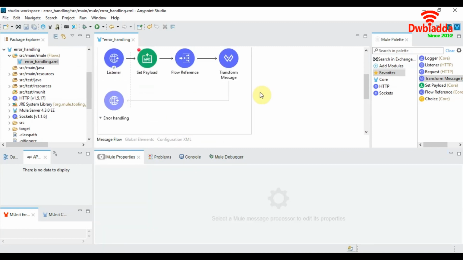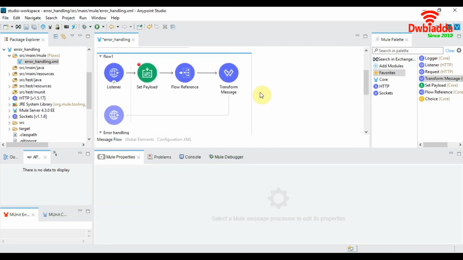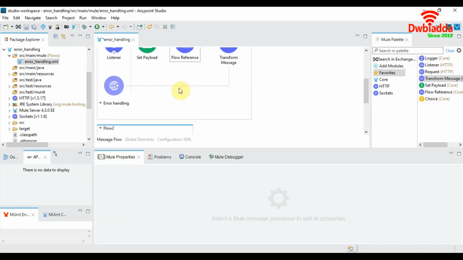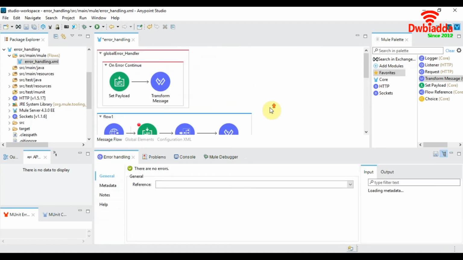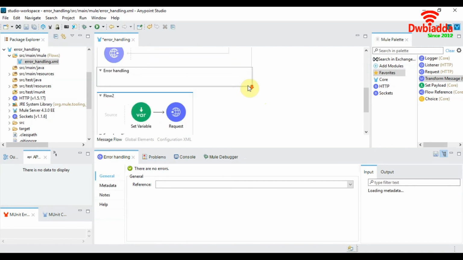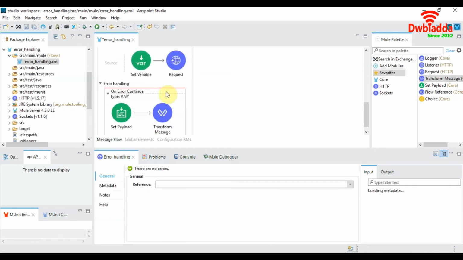Since if there is an error handling scope present in a flow and an error is thrown by a particular processor in the flow, the error will propagate to the error handling section of that particular flow and won't reference our global error handler. So since we have an error being thrown here, let's change this to on error propagate so that it is caught by our global error handler.